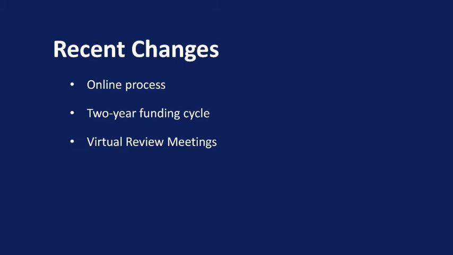We also have changed to a 2-year funding cycle. And so we used to review every single program every year, but we really wanted to be able to be a more consistent funding source for our agencies. And so for those agencies that are pretty stable, very consistent, they don't have a lot of changes taking place, our volunteers are very comfortable with their outcomes. They're comfortable with their financial information. They're able to really make 2-year funding decisions. And then during that off year, they still submit an off-year report. So we're still able to track those outcomes and the number of individuals served and that type of information.